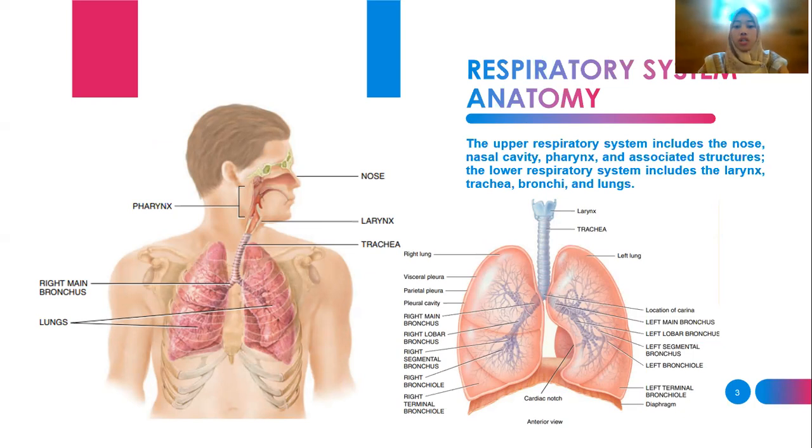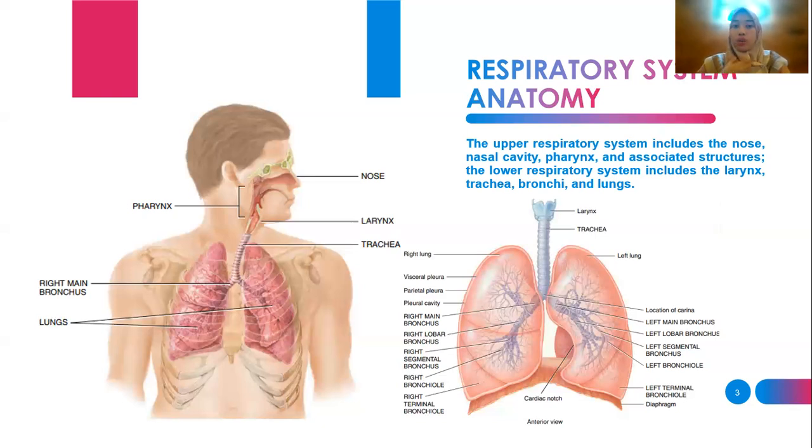These structures act with the cardiovascular system to supply oxygen and remove carbon dioxide from the blood. The external portion of the nose is made of cartilage and skin and is lined with a mucous membrane. Openings to the exterior are the external nares. The internal portion of the nose communicates with the paranasal sinuses and nasopharynx through the internal nares. The nasal cavity is divided by the nasal septum. The anterior portion of the cavity is called the vestibule. The nose warms, moistens, and filters air and functions in olfaction and speech.